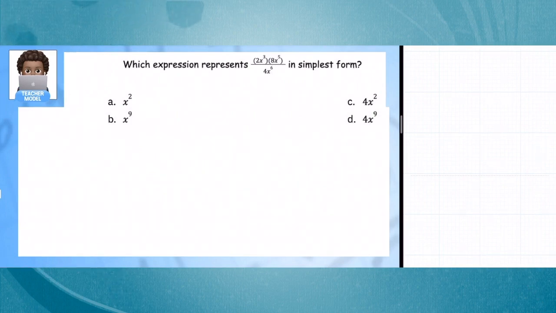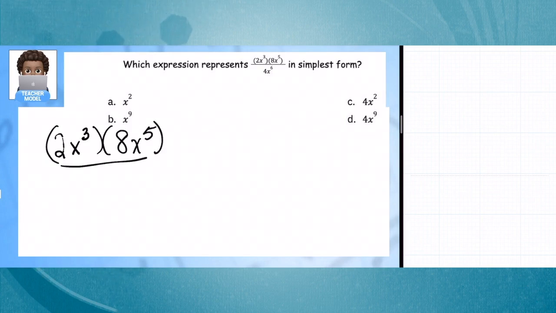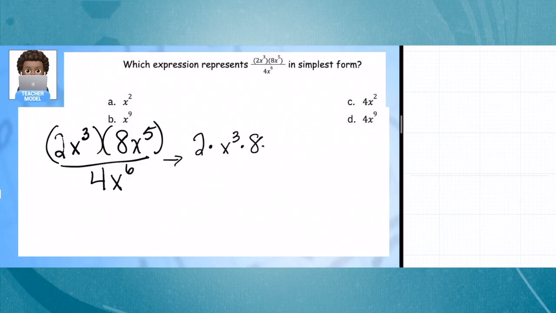Which expression represents this term in simplest form? Okay, so we have 2x to the third power times 8x to the fifth power all over 4x to the sixth power. All right, so let's deal with the top part where we have a lot of numbers being multiplied. We have 2 times x to the third times 8 times x to the fifth. If we were to reorder these, for example, putting the numbers next to each other, so we would have 2 times 8 times x to the third times x to the fifth. This is much easier